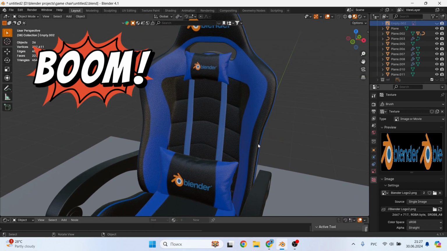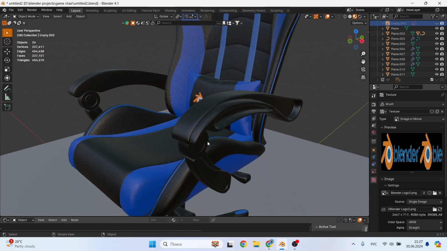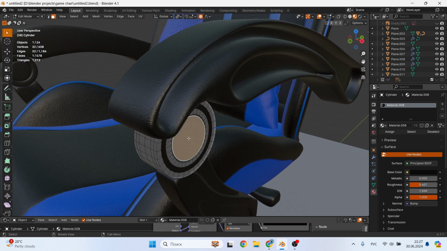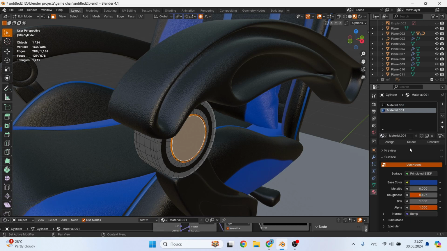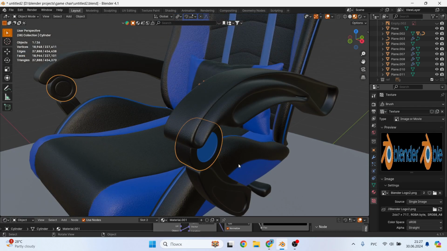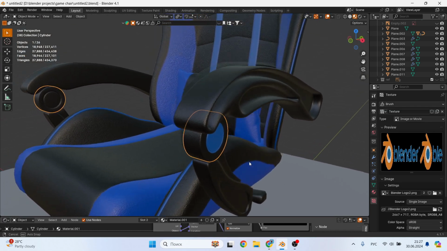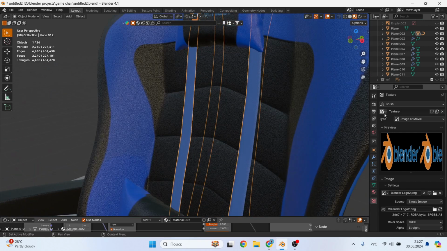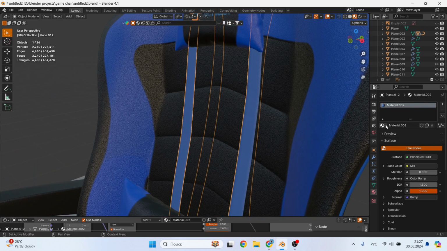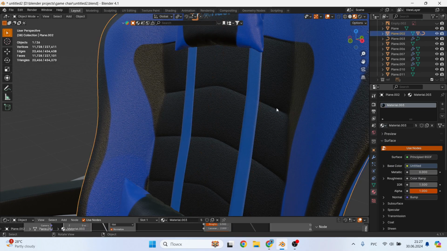We add logos to the pillows using the same method. I think you can do it without me, you are talented guys. You can also add a blue element to the round mount near the armrest. The secret of good models is in such little things. I suggest you admire what we got a little. I didn't like how the seatbelt looked, so I added leather material to it and painted it blue. So now it looks normal.